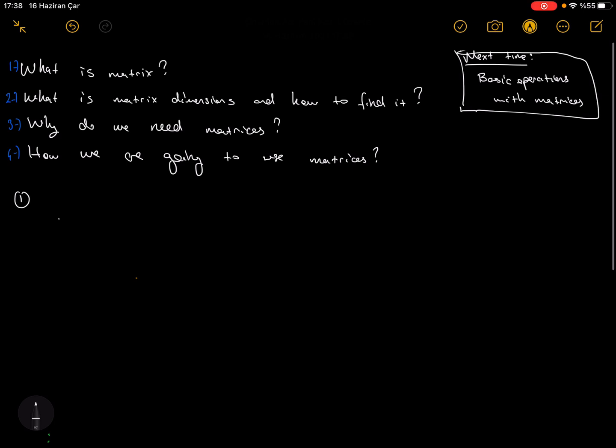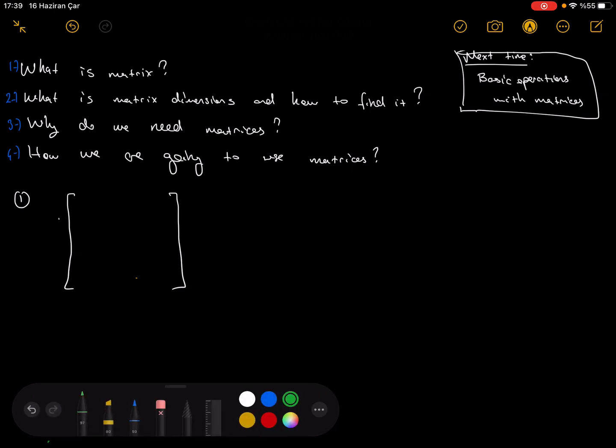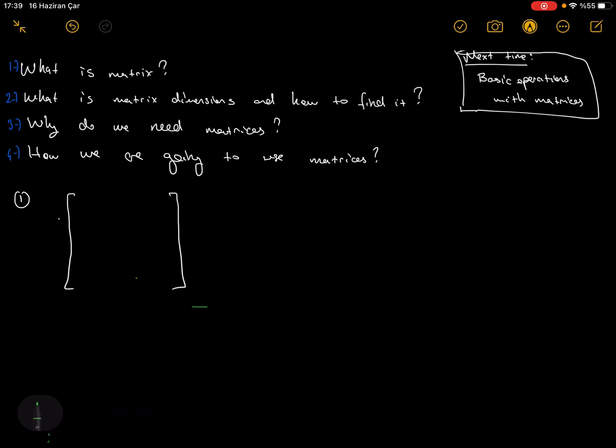The matrix is this. A matrix is shown in this way, in a square bracket. And actually this answers our first question. The second one is, what is the matrix dimension? Usually, to find matrix dimension, we are looking at the right bottom of this square bracket. And this sometimes can be m times n, which stands for m rows